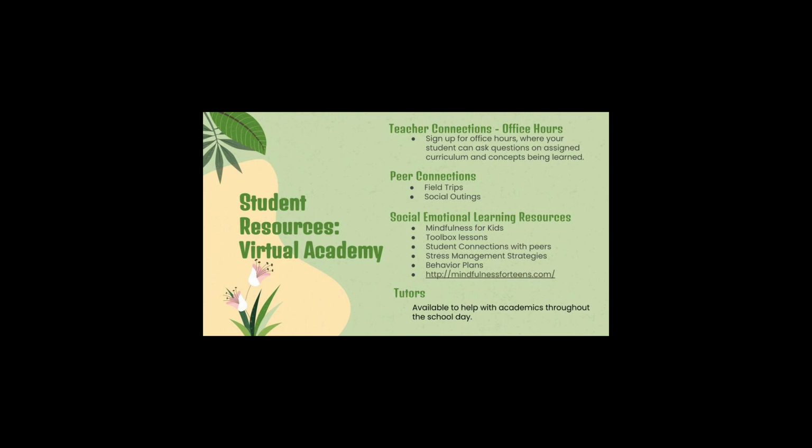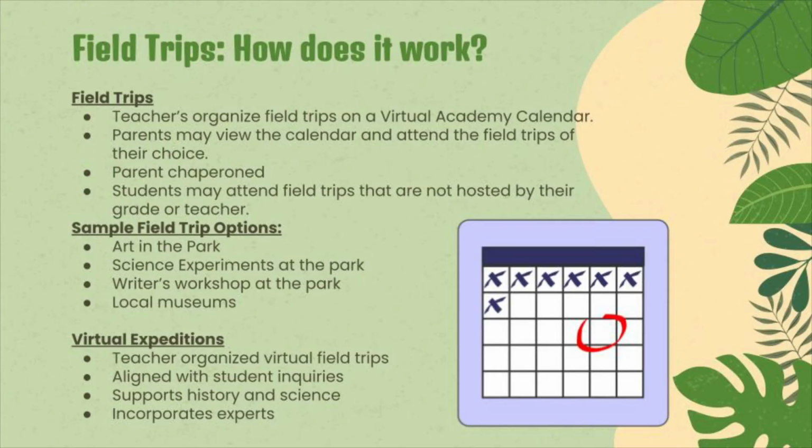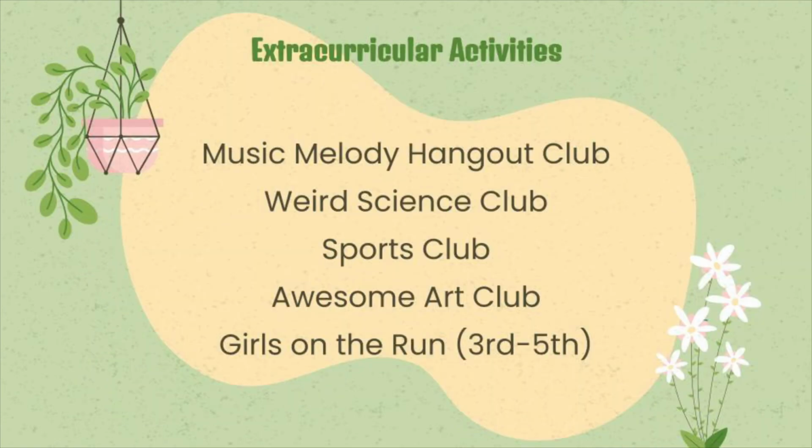So take a moment to get familiar with what resources will be available for your child. There will be field trips for your child to participate in. This is part of that social emotional learning and putting content into contextualized situations. So you will be in contact with your Virtual Academy educator to identify when and how field trips will fit for your child. There will also be extracurricular activities available for your child. So again, using the resources, being familiar with your team and who you can work with will make all of these opportunities available for your child.